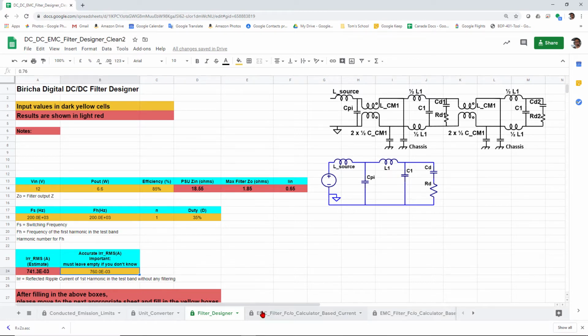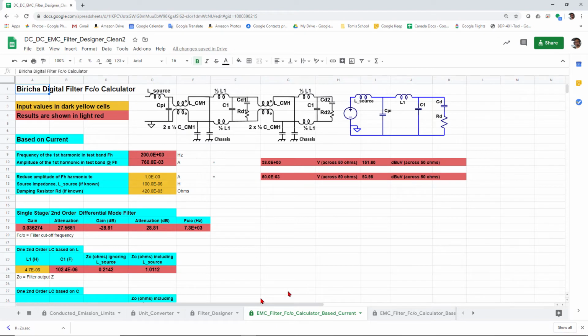Then we go to the next tab, which is the EMC filter cutoff frequency calculator. Again, if you remember, the next thing that we did after calculating the maximum value of our first harmonic was to calculate the cutoff frequency. These values have already been filled in from the previous tab, so 200 kilohertz and 760 milliamps. We said that we wanted to attenuate 760 down to 1 milliamp. As soon as I type 1 milliamp in there, the cutoff frequency gets calculated. If I change it to 2 milliamps,